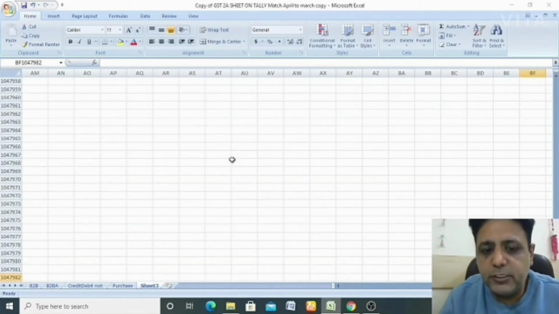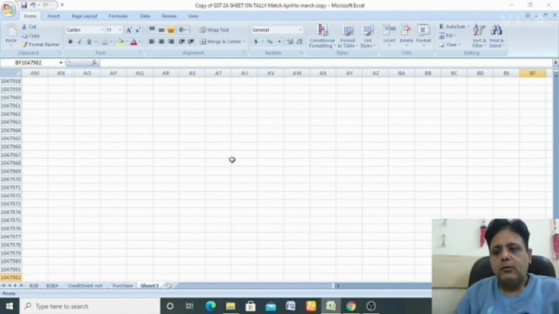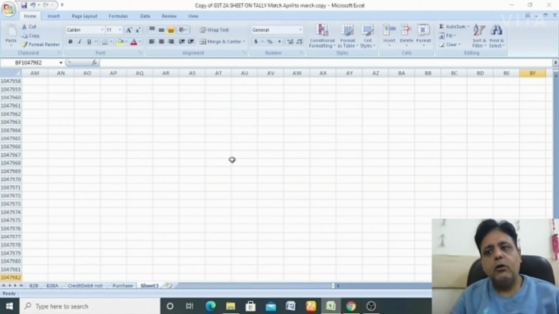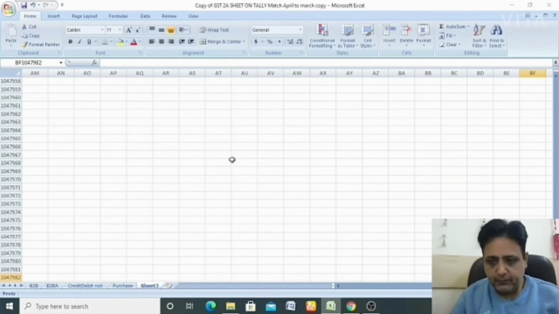For example, in this sheet you can see this command has taken us to column BF, row number 1,47,982, which is strange because we have not entered data until this row. So there are more than a lakh of rows where we have not entered any data, but by mistake we went there and saved it.